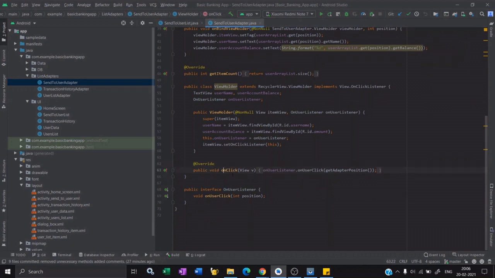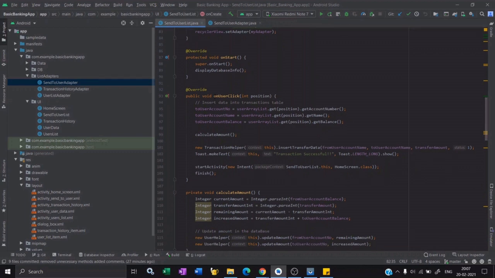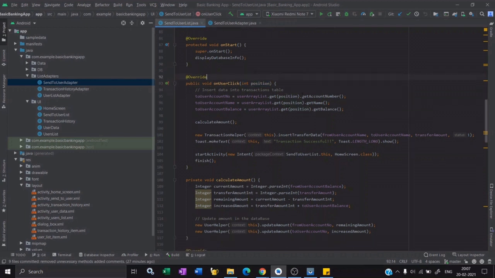On user listener click, we will be directed to this activity which is on user click, and we are passing the position. In this code part, you can see this on user click here. We have to override this because it's an interface method. Here we are getting the position of the user in the list.